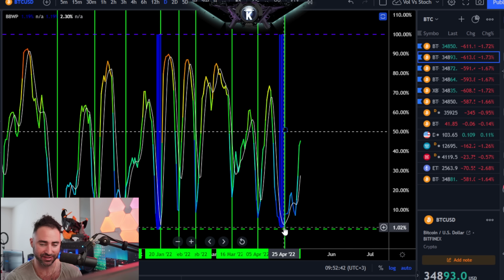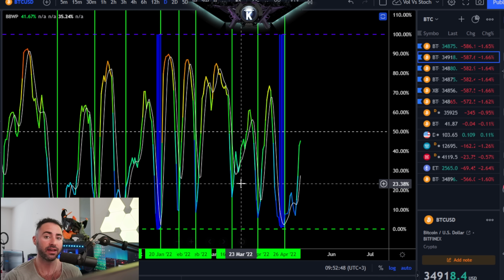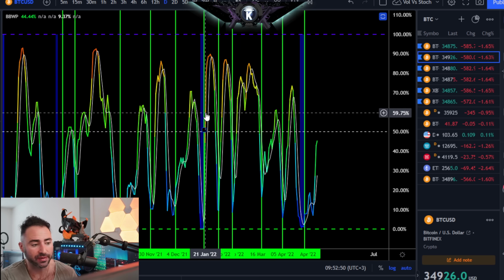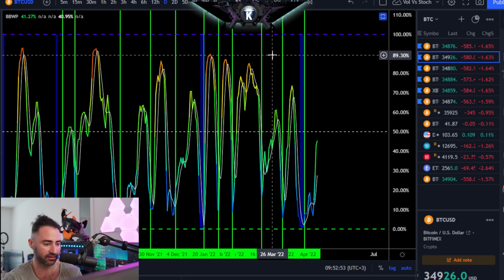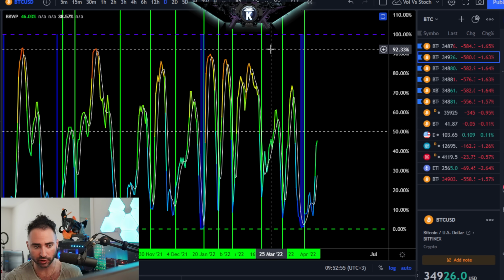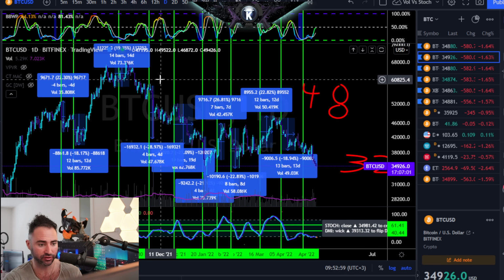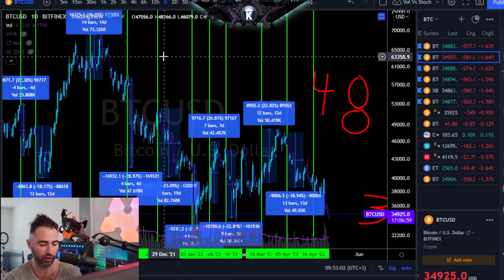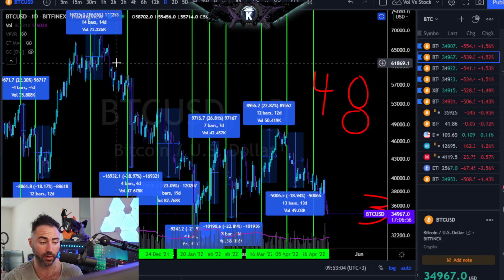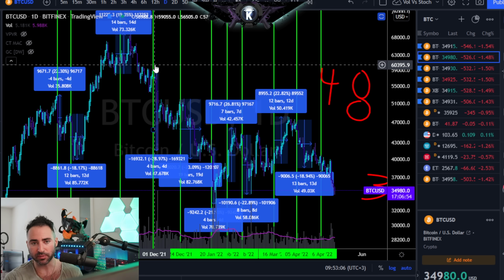If you're not familiar with this indicator, it is mathematically programmed. It is a mathematical certainty that when you get very low compression, essentially, you are set to expand, which is your typical high volatility, explosive moves, if you will. Anyways, we've had 10 other iterations of this in the past year and a half to 2 years, not including the one that we're currently looking at. And they had an average, as you can see, back tested on this chart, represented by those green vertical bars for that expanding BBWP, of about 20%, in some cases a little bit more, in some cases slightly less, and typically done over the course of about a week to 2 weeks, which is very interesting.